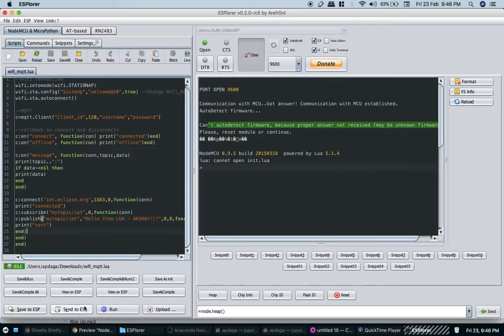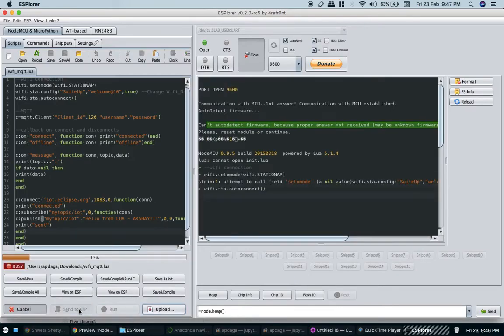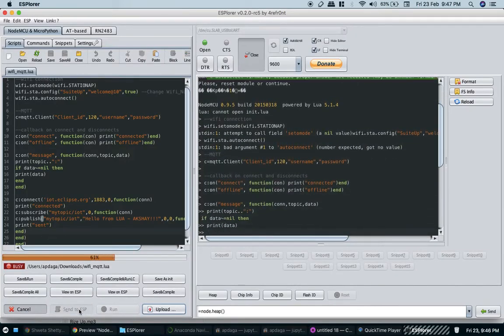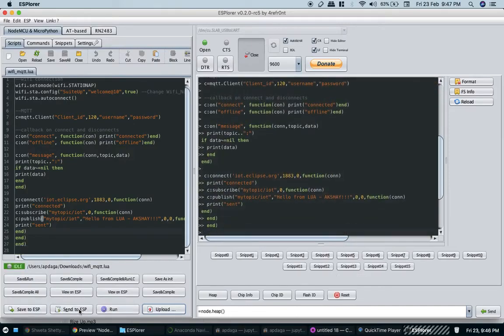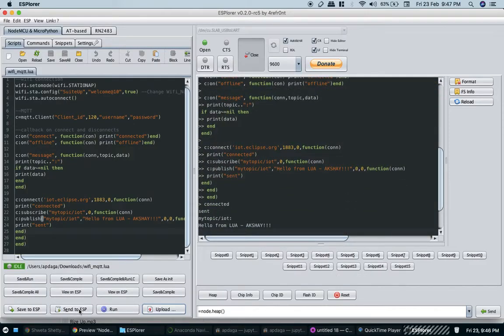So now I will upload this. Click on the send to ESP button to upload this code on Node MCU ESP8266. Once the code is uploaded, you can see we have sent the message and we have received the same message. The communication happened through the broker.